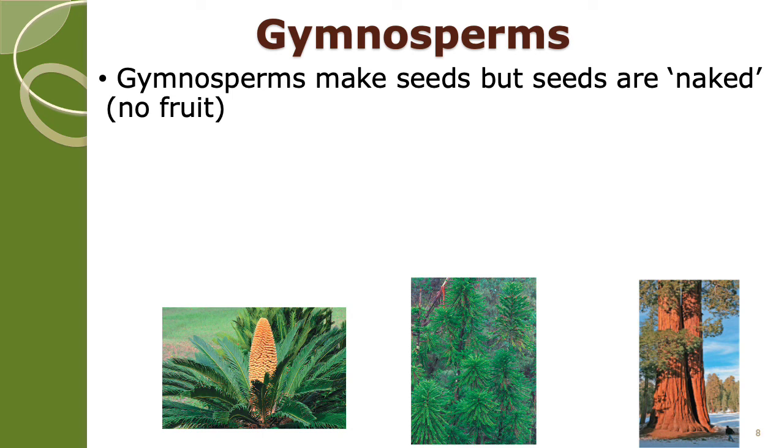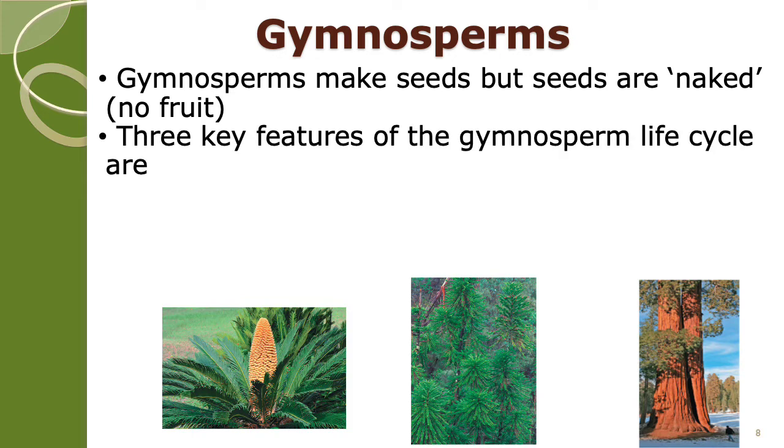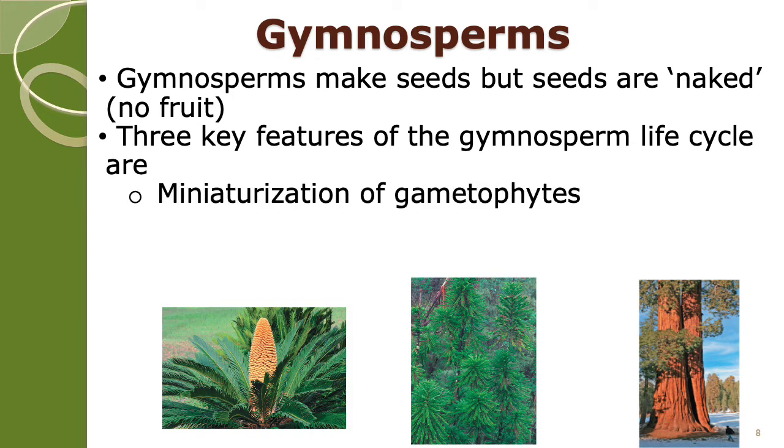Gymnosperms are plants that make seeds, but the seeds are not covered by a fleshy covering, which is basically the fruit. The three key features of the gymnosperm life cycle include the miniaturization of their gametophytes. Now, in the case of non-vascular plants, the gametophyte was the dominant form during the life cycle, and they were quite large. However, as vascular plants started emerging, the gametophytes started becoming smaller and smaller, and this continued with the